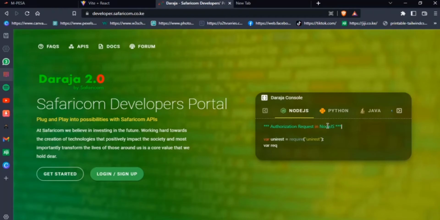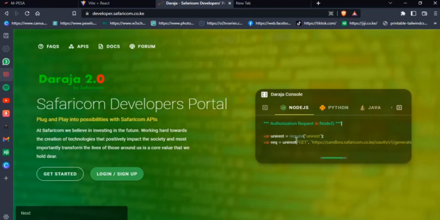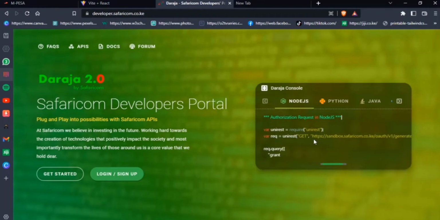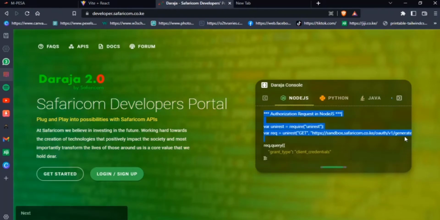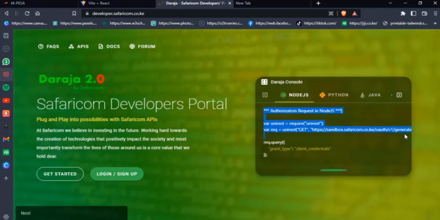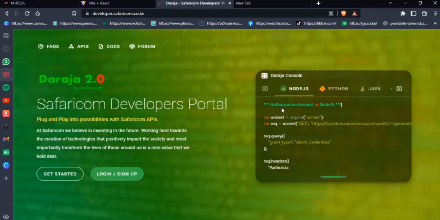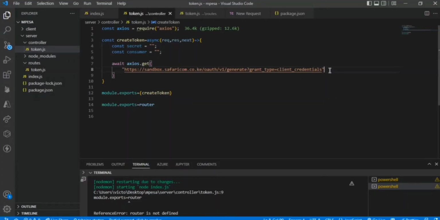Now for authorization request, we are supposed to make a get request to this endpoint. Actually nilicopy your URL hapo. Do that. Alafu we make a get request so that getting an access token itakuwa much easier. Now tukirudi kwa website, make sure it is a JavaScript promise. So async await,